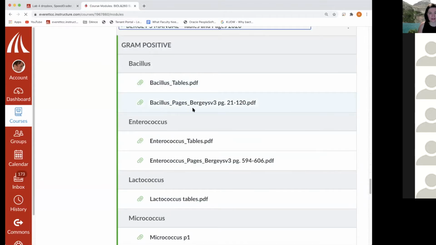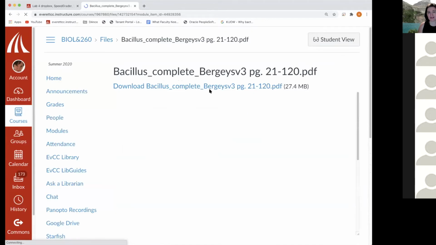So you'll notice that there's a second thing here. There's the tables, and then there's this document that says Bacillus pages, and it gives the page numbers from the Burgies. This document will have a lot of information in general about the group, which you're allowed to talk about. You don't need to take a whole bunch of time, but you can say that the Bacillus group in general is known for these things. Some of the features that you're going to mention would be things you already know because you had